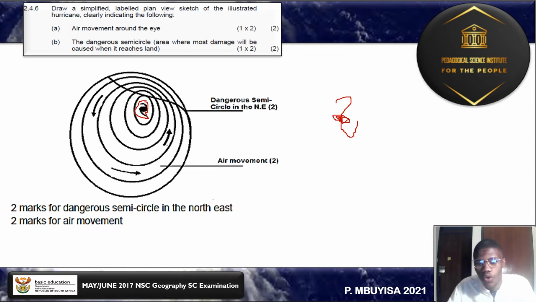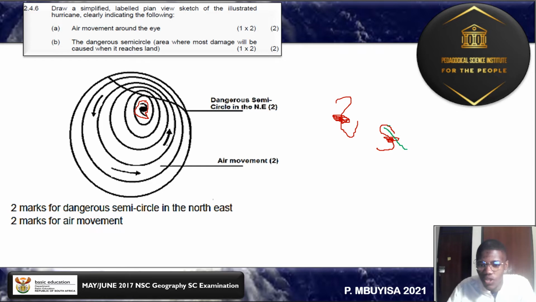So that's basically your eye. Or you can draw an S and again put a dot on it. So that is your eye. And to be safe, if it's in the northern hemisphere, just to show the circulation, just draw the S shape, because it shows that